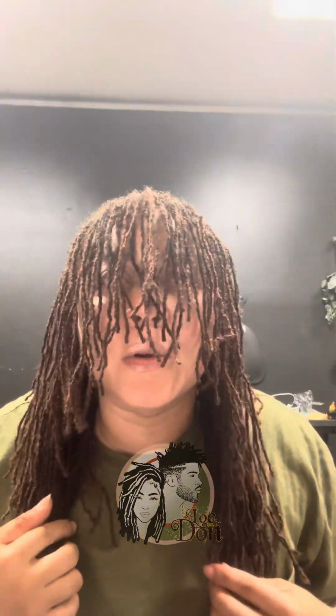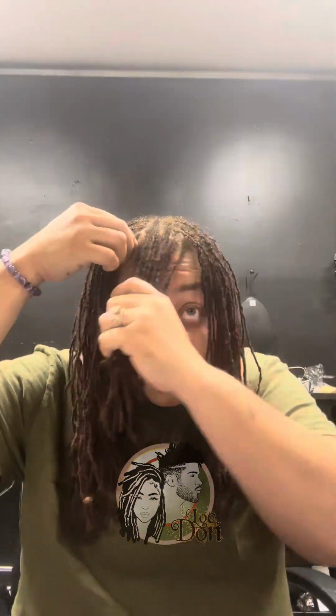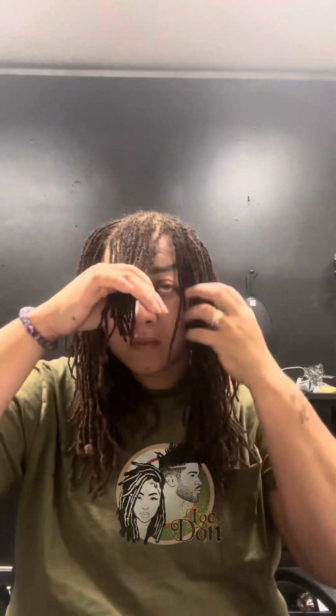But the last thing that I have to do now is figure out the bang situation. Some people think that it's funky to have bangs with locks, but I think that it's actually pretty cool. These layers look amazing. So now I'm just straightening out my hair to go over the imperfections, uneven areas, but also to figure out where exactly I'm going to cut this bang. I didn't want it to be too crazy, so I decided to take the 2 rolls in the middle and then go back a little bit. So I had roughly about 10 locks in my hand